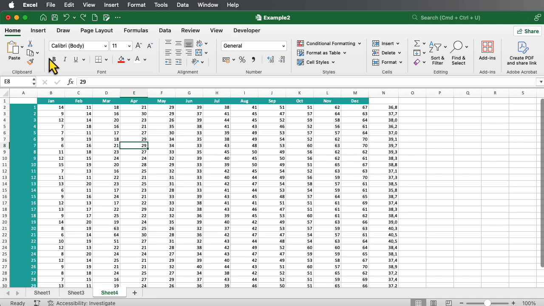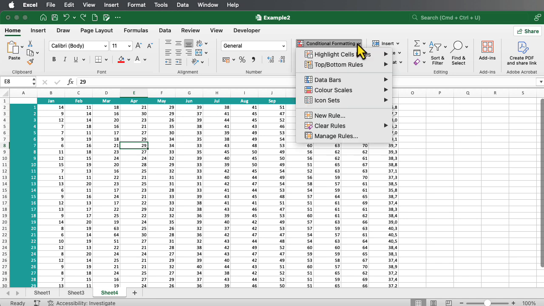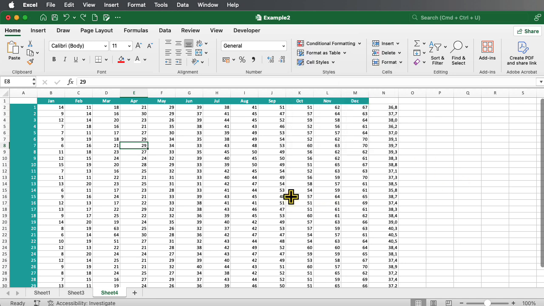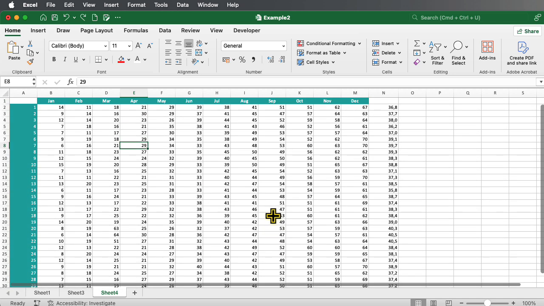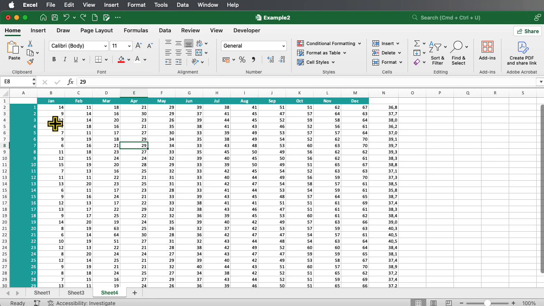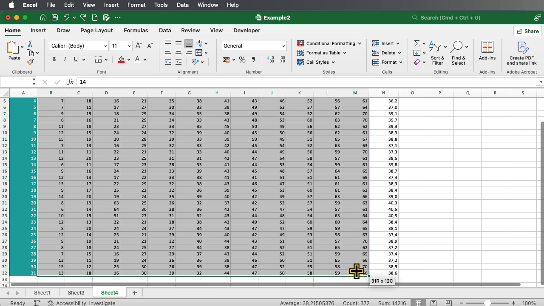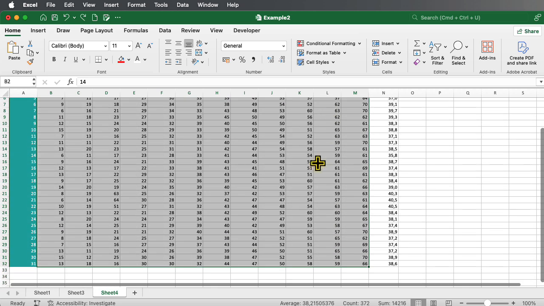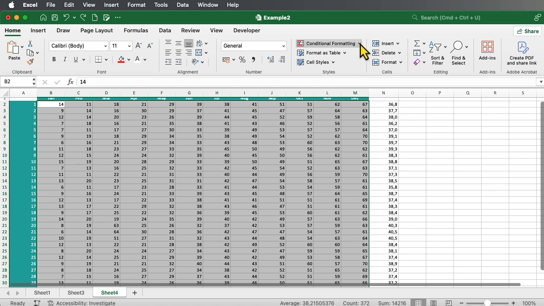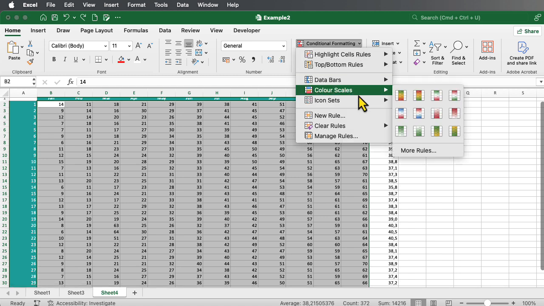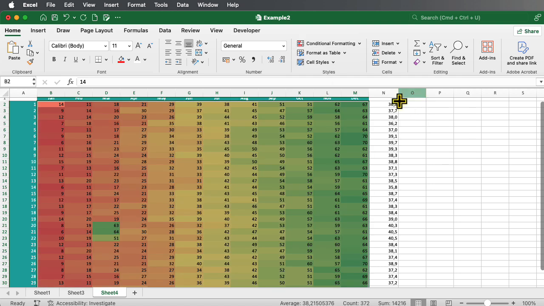Conditional formatting you can find in the tab Home, under Styles, and here you have a menu and you can select certain rules. Let's try it by example. We have some values in here. They simply look like numbers. There are numbers, but you have to go into the details, which takes time, and we can somehow try to highlight things in here. So what we do first is we go for a color scale,